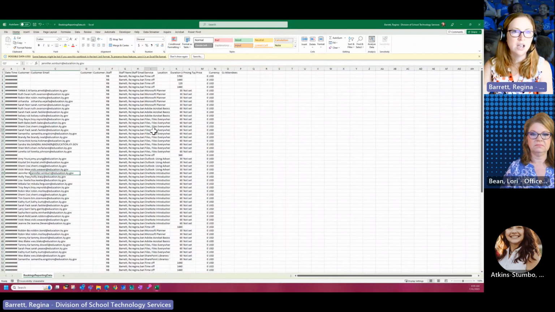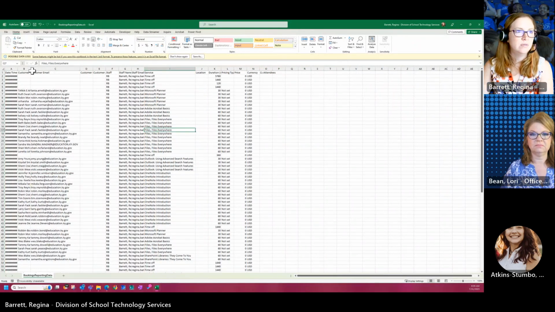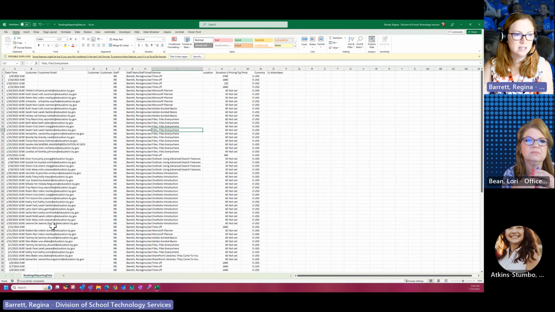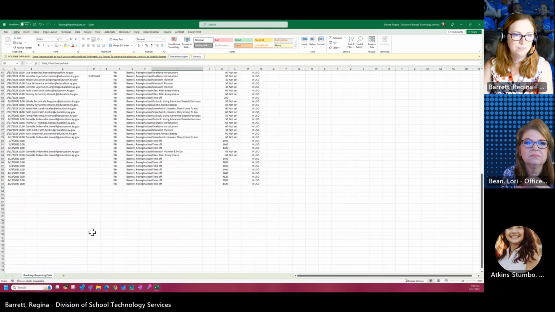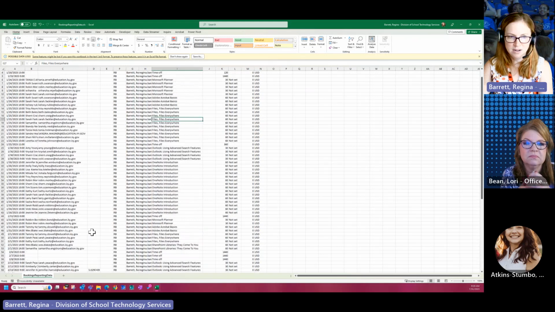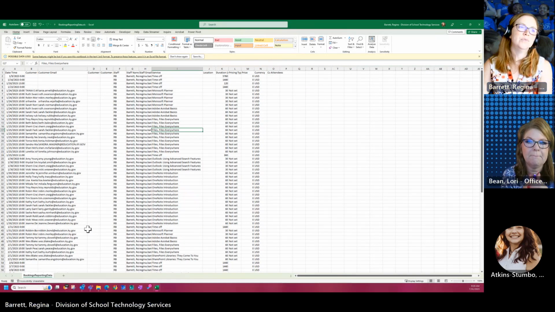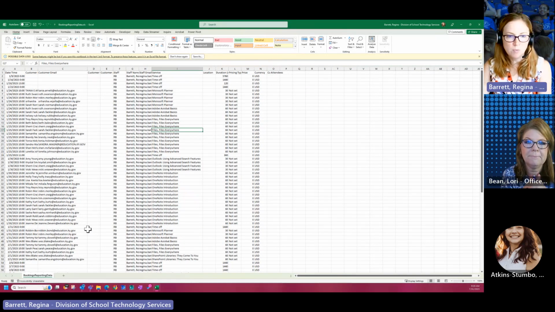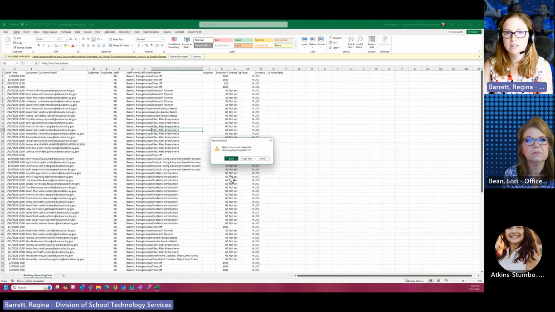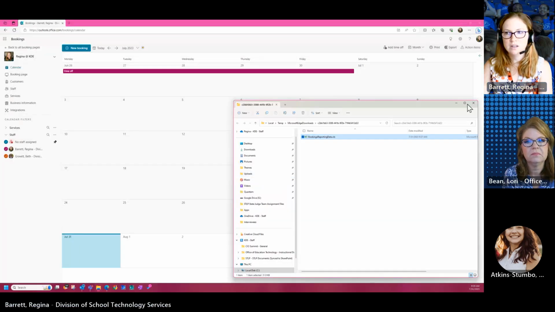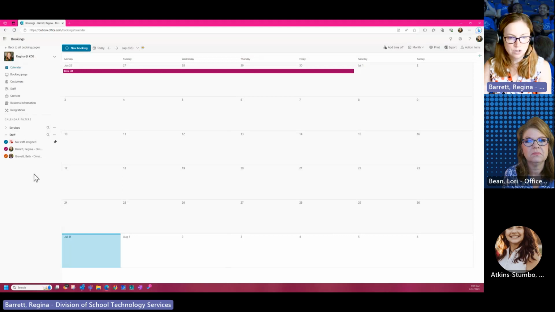So you can see what session, the date and time the session is, any of that. And so you might be able to kind of then parse this out and send it to whomever needs it. So that's one option to kind of weigh as we're talking through this. The other option is if bookings only covers one of your several bases, then maybe you want to keep everything in Google.